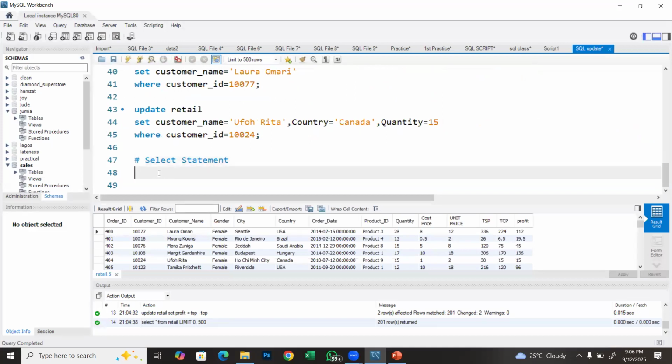Okay, now let's go to select statement. So the very first select statement is, let's say they want to see all the quantity, that is all the customers that come from USA alone. That's the information they want to see. So the question is,